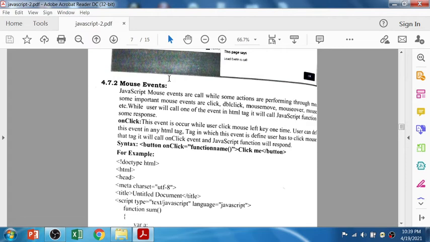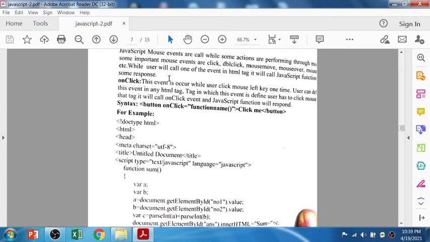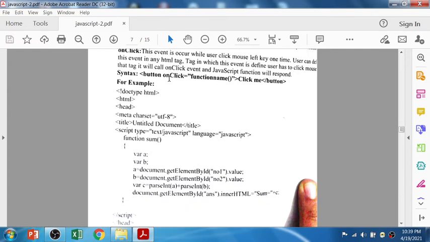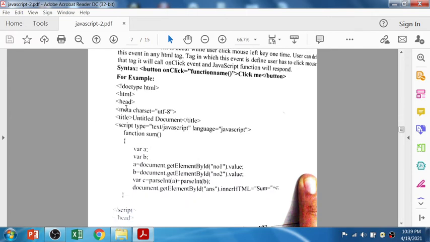One or two events I'm going to discuss in this video from the mouse event category. Let's see in the head tag, script tag, function called sum, variable a, variable b. a is equal to document.getElementById, and in the brackets number1.value.